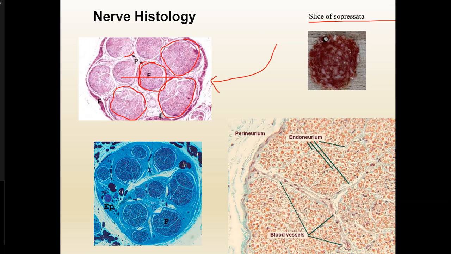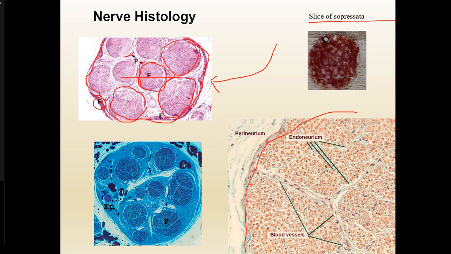And then the whole structure here, the whole nerve, is delimited by the epineurium, E. And then you cannot really appreciate here, but you would have to zoom in much more, at some magnification like this one, to appreciate the endoneurium of all the